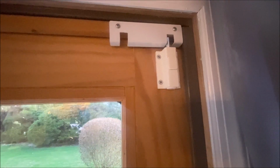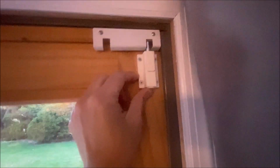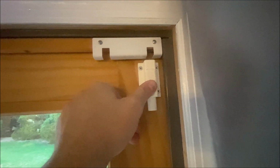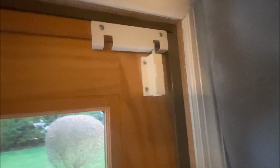Okay, so I just put it up, and basically it's a couple of screws up here and just a couple of screws here in the door. And the way this works is you have this pin that comes up. So when you want to disengage it, you press the button and the pin comes down. When you want to lock it, you push it up from the bottom and the pin comes up, and